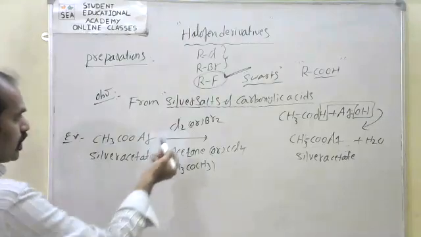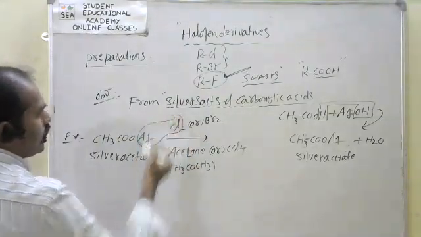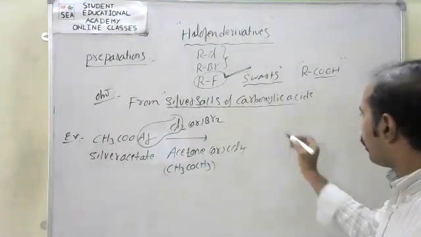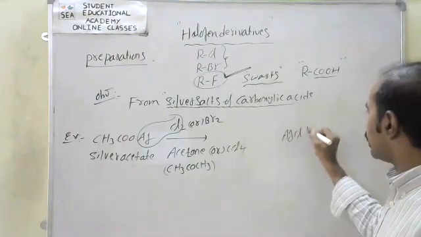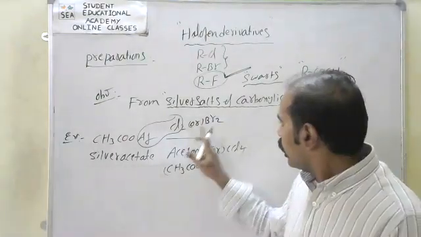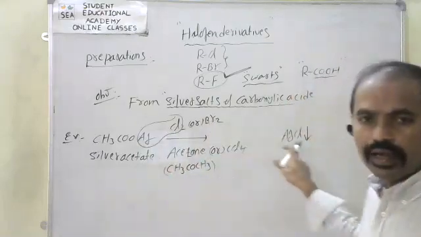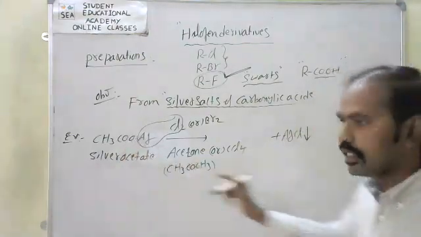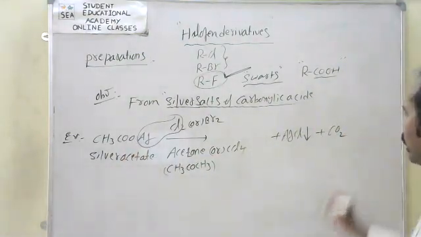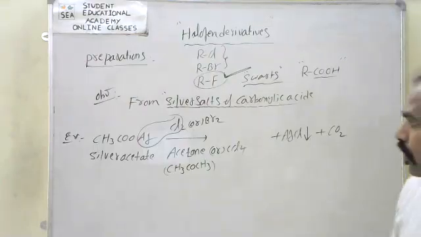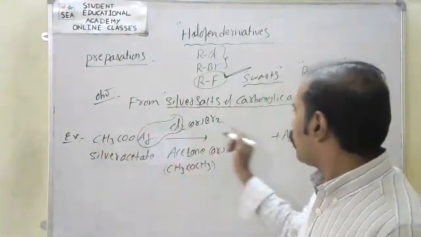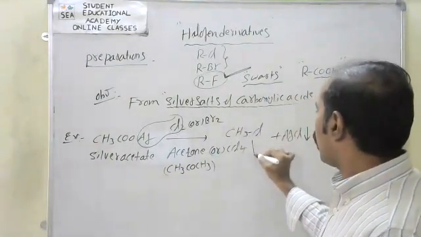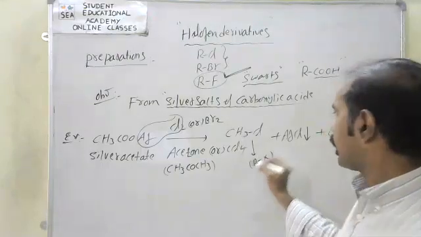When it reacts, the Ag combines with the Cl. Now here initially we get a precipitate. AgCl precipitate we get. If we take bromine, we get AgBr precipitate. After that, the C combined with oxygen is replaced as CO2 gas, carbon dioxide. Then CH3 combines with the Cl, and we get CH3Cl. It is nothing but an alkyl halide, methyl chloride.